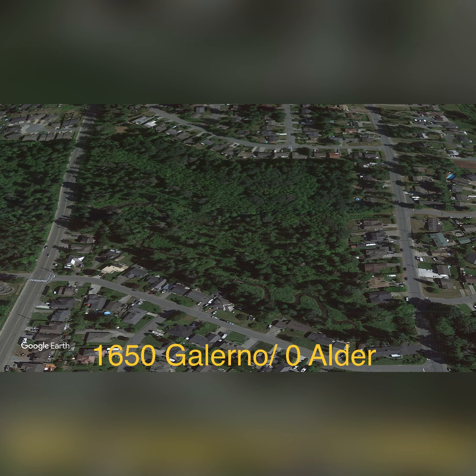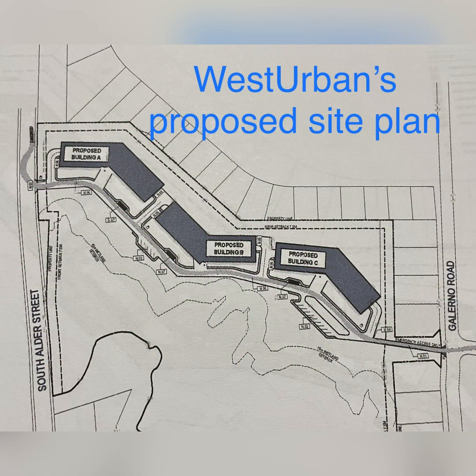It is unfortunately zoned as residential multifamily 1. West Urban Development has proposed building 3 apartment buildings with 200 rental units and 300 parking spaces on this property. The southern third of the property is a protected riparian zone, so the apartments would be clustered in the northern